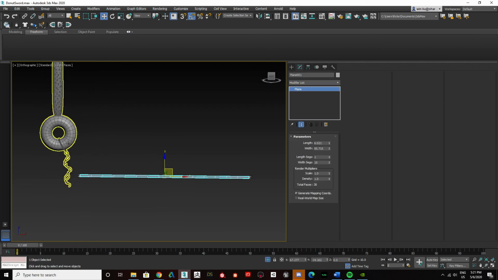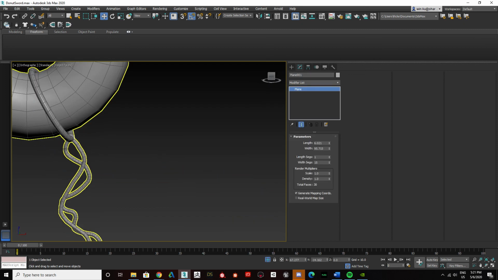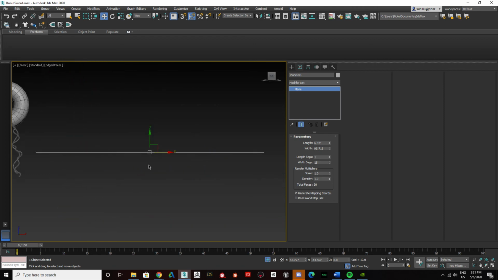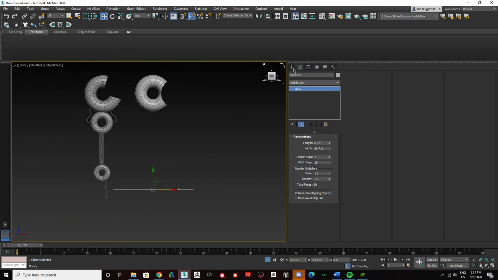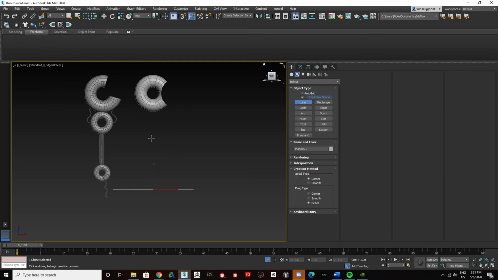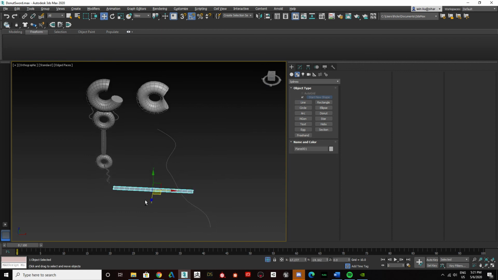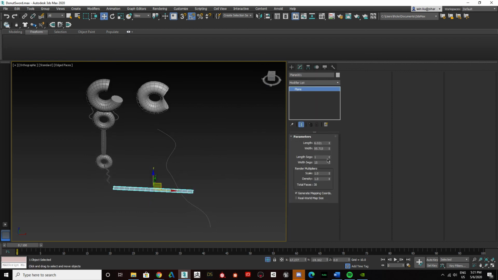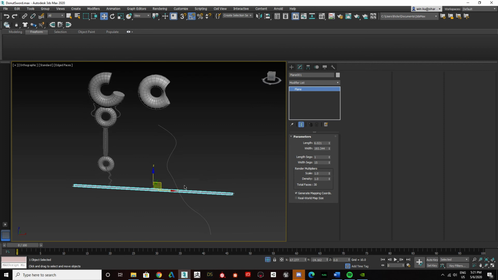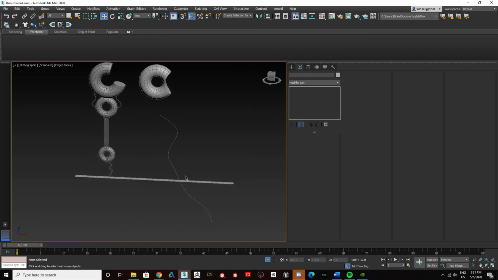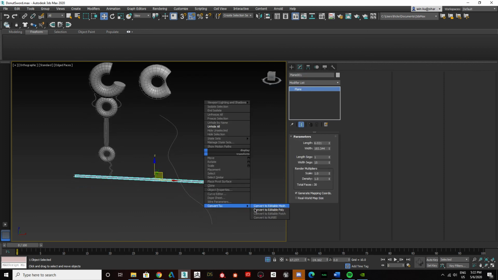And so if I wanted to get this same type of curly thing, I have my plane built out, and I can just draw a cool little path, right? I'm going to increase my width of this a bit, like that, and I'm going to make this an editable poly,